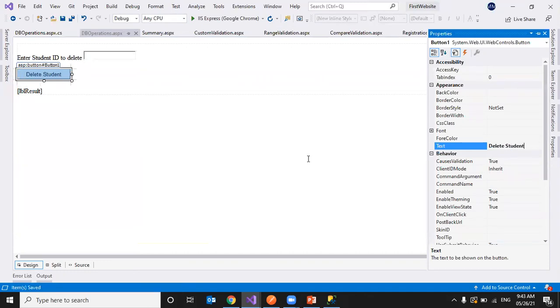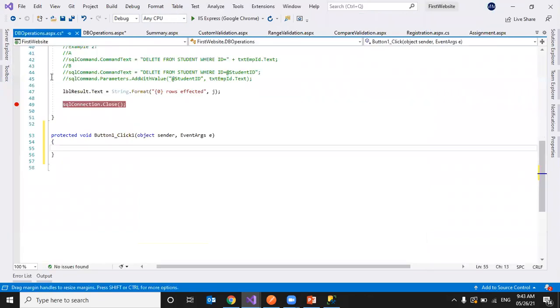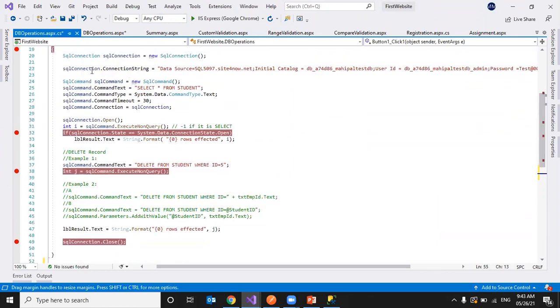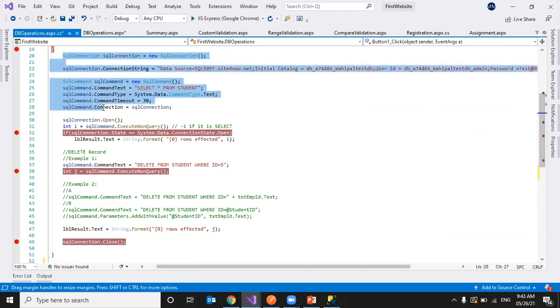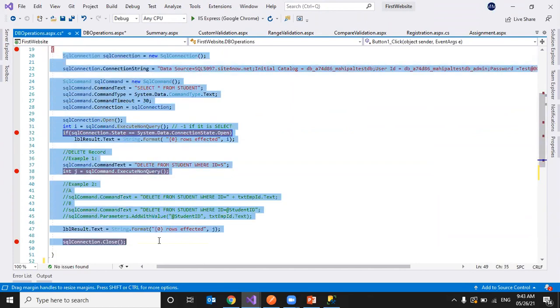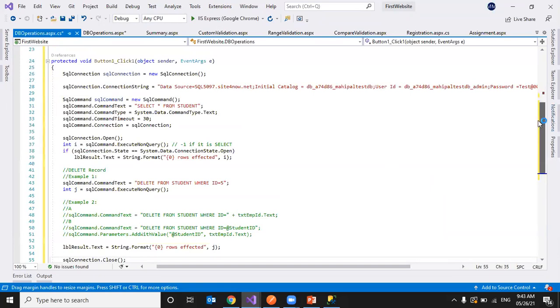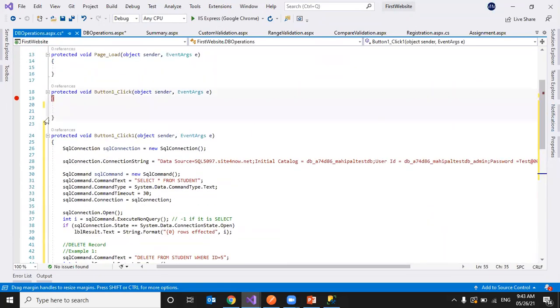Now on clicking this, I want to delete the data. So for that, I'll take all this data, all these queries, and place them here. I'll remove the previous method.